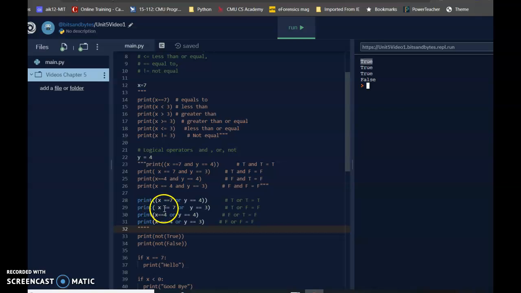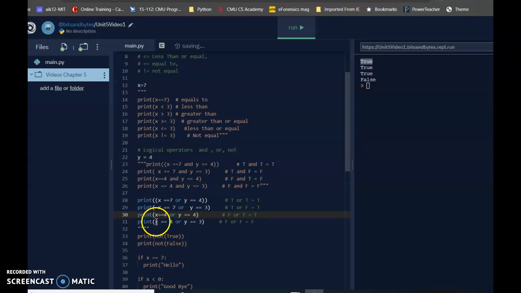Down here I have x equals 7. 7 does equal 7, so I have a true. I have 4 equals 3, which is false. So I have a true or a false, okay? And again, this is a typo. This should be a true. That should give me a true. And notice the second one is true,